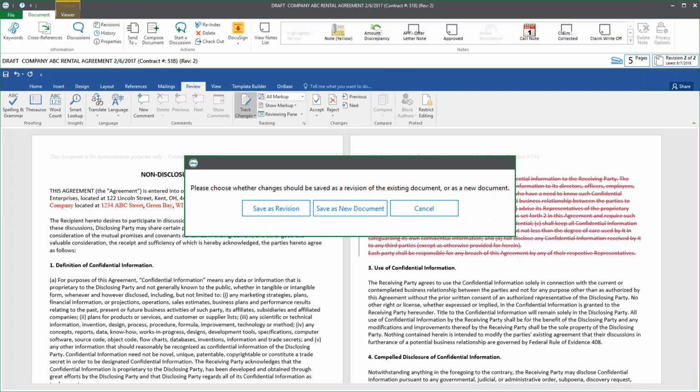OnBase intercepts that request, and depending upon how we have our revision control set up, it can prompt us saying, what do you want to do with this document now that you've changed it? Do I want to save it as a revision? Do I want to save it as a new document? Because you could potentially open up a Word document and repurpose it for a different entity, or cancel out of this. In our case, we're going to go ahead and save this as a revision since we're talking about revision